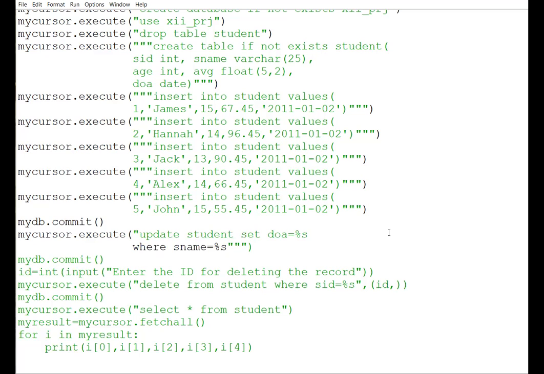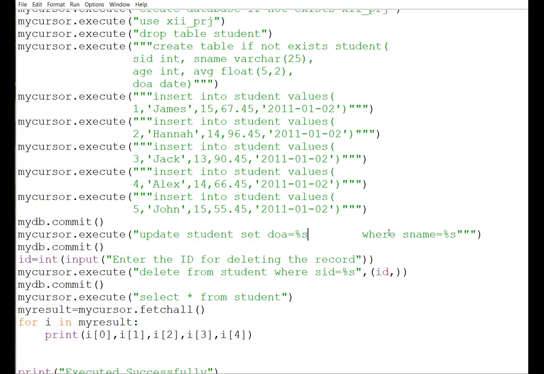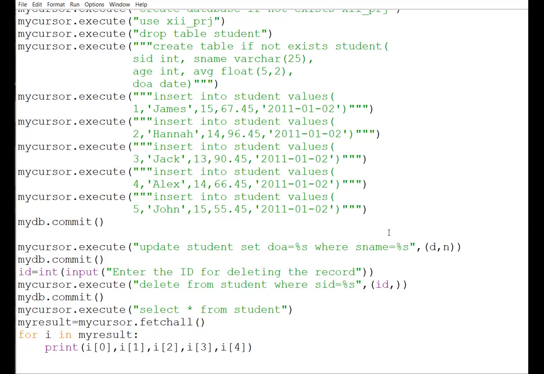This is my SQL command. And then after this, I have to give 2 more arguments. First is date of admission and second is name. So both pieces of information I have to ask from the user.